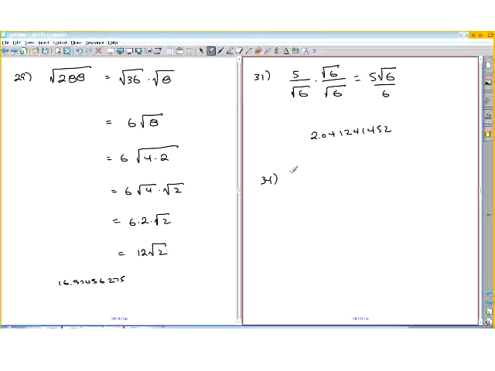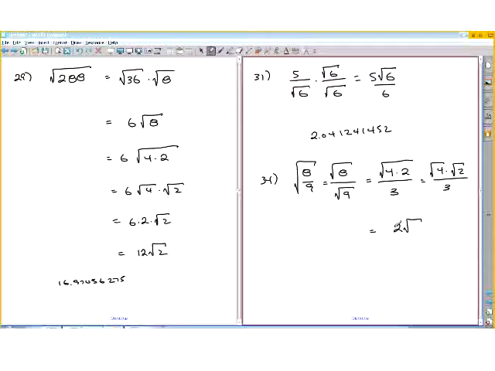Okay, so let's look at the square root of 8 divided by 9. Well, that's the same as the square root of 8 divided by the square root of 9. And the square root of 8 is going to be the square root of 4 times 2, and the square root of 9 is just 3. And since we have one of these complete squares, what we do is rewrite that as the square root of 4 times the square root of 2 over 3. But that becomes 2, so you get 2 times the square root of 2 over 3 as your final answer,